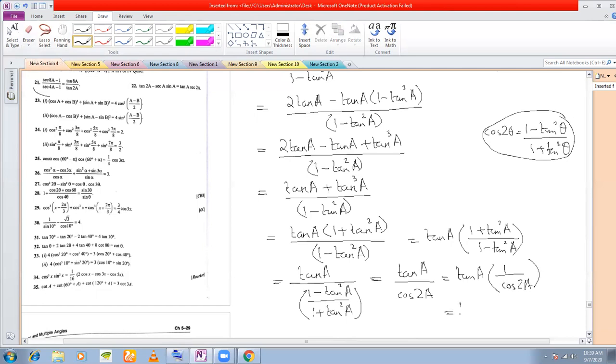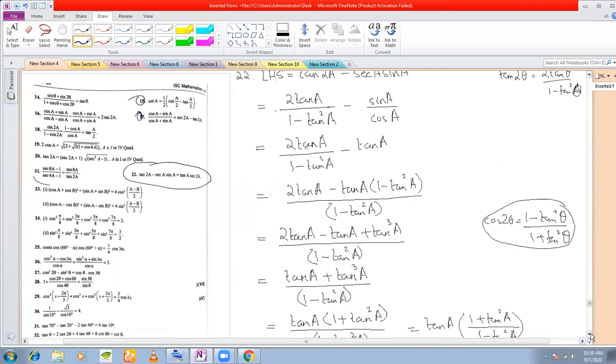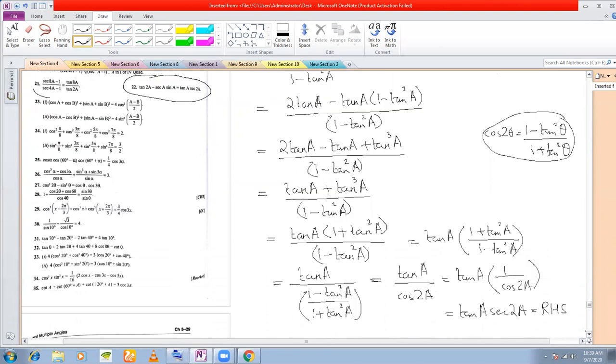Which is tan a sec 2a, which is equal to your right hand side. That is what we had to prove here. This is equal to tan a sec 2a. See that in the entire problem, I have not changed tan to sine and cos. Okay, when need be, when I thought here, maybe sometime I got the idea that I might have to change. But still, here if you see, I left tan as tan. I did not have to change to sine by cos. Okay, so I stop here for today.